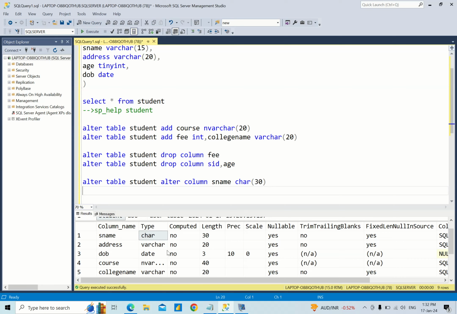So now we will see how to change the data type size. Here address data type size is 20. Now I want to increase or decrease the size. So please observe. What is the address data type size? Okay? 20. Data type is varchar, size is 20. Now I want to change it here. Please observe. Alter table